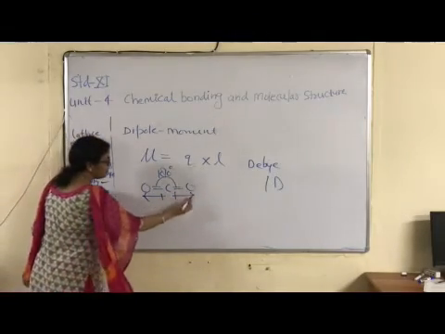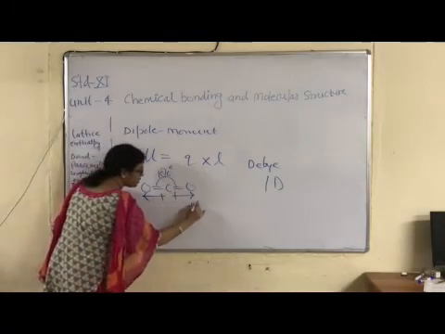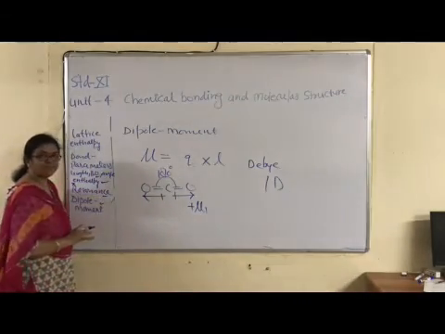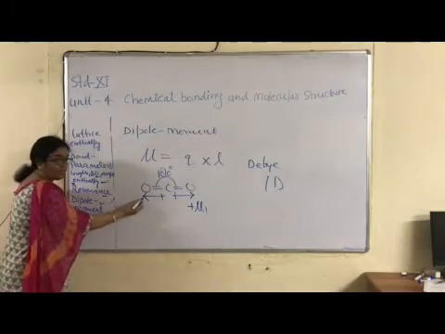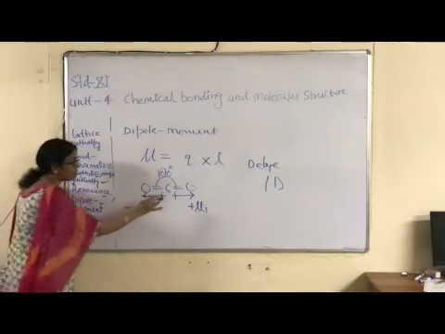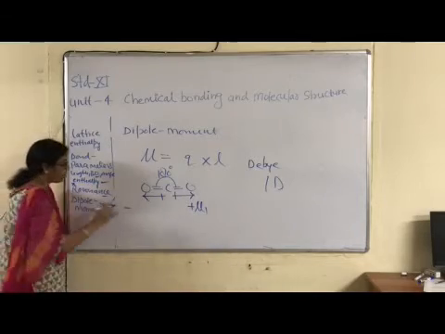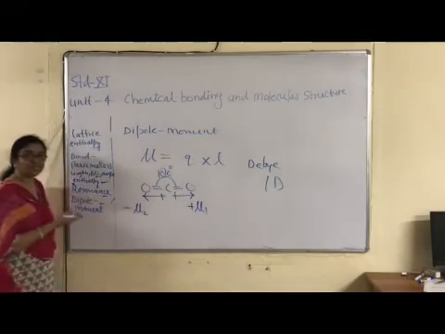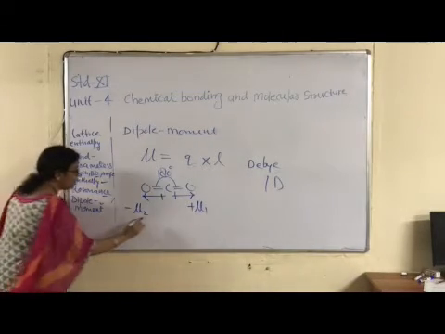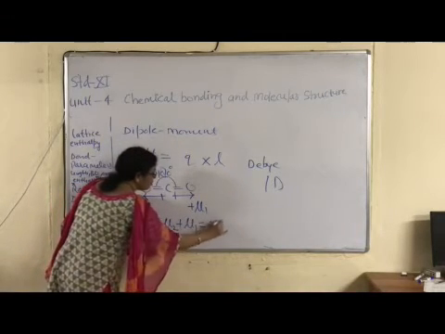Suppose the dipole moment due to this C double bond O is given as plus mu1. The unknown value of dipole moment is written as mu1. Here the direction is just opposite, so the sign of positive is negative, but the magnitude is equal because the same atom is present in each direction. So it is minus mu2, because this is the second dipole moment. The net dipole moment is minus mu2 plus mu1, equal to 0 Debye.